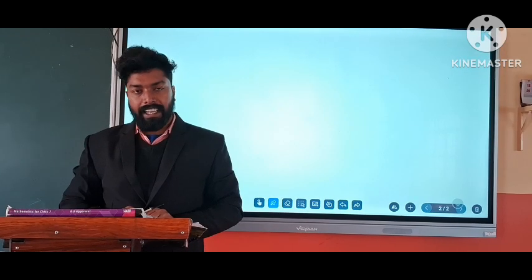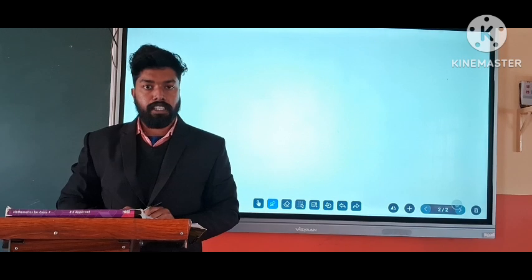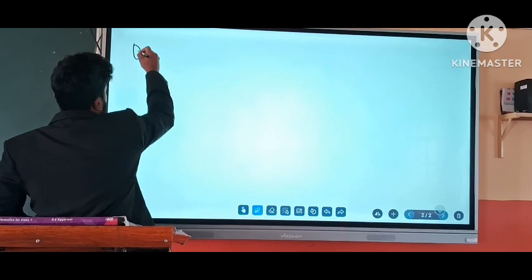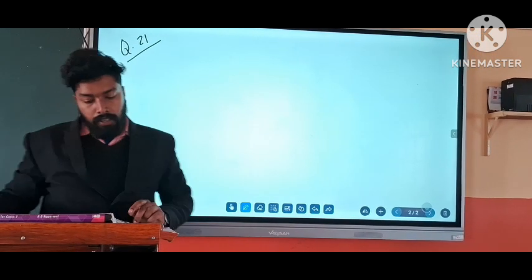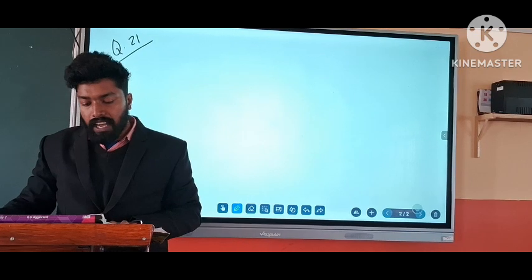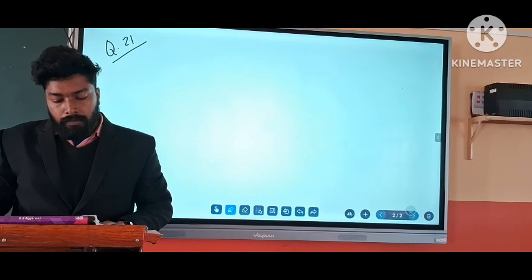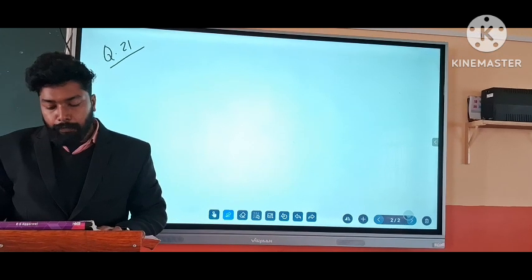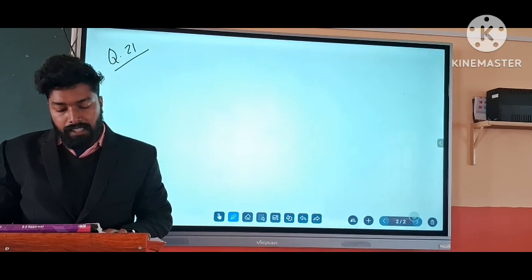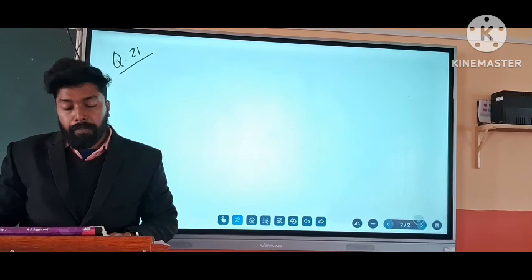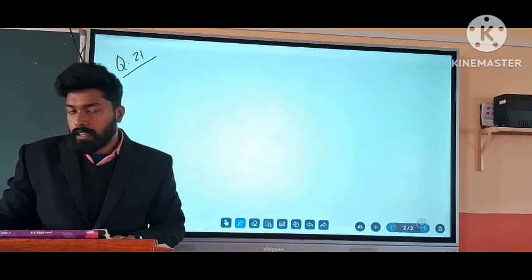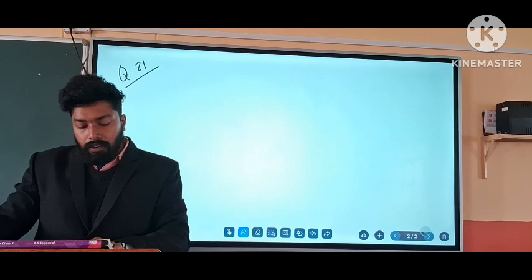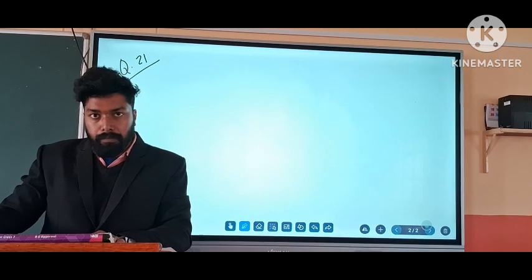Please complete the 19th and 20th questions. Now we can go on to discuss the 21st question. Please read the question. Sonu buys 40 kg of wheat at 12.50 per kg and 30 kg of wheat at 14 per kilogram. At what rate per kg should he sell the mixture to gain 5% on the whole transaction? Is it clear? So here Sonu buys 40 kg of wheat at 12.5 rupees per kg.